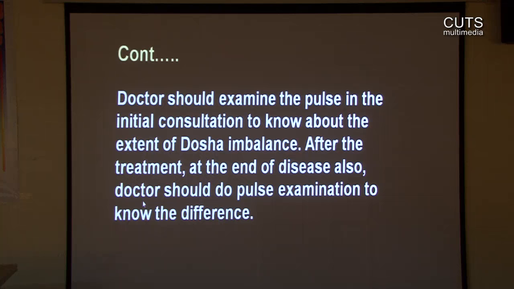So, the doctor should examine the pulse. In the present scenario, when we are discussing this, remembering our past, it is the initial consultation, if we want to define it today. So, in the initial consultation, when we have asked for Ashtavid Pariksha, Nadi is one of the components of the initial consultation. Always you should study the pulse of a patient. And not only initially,